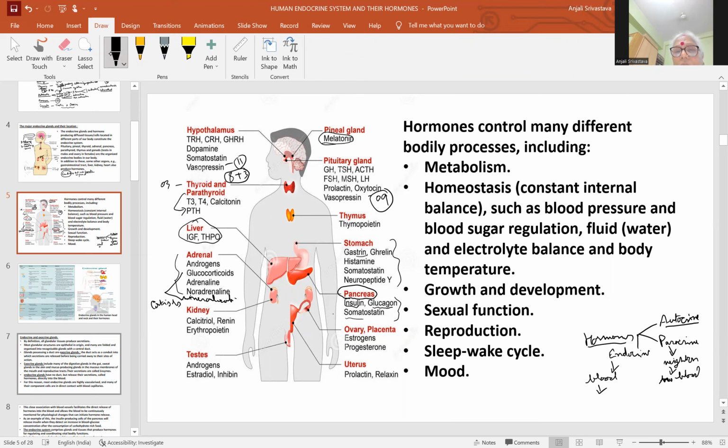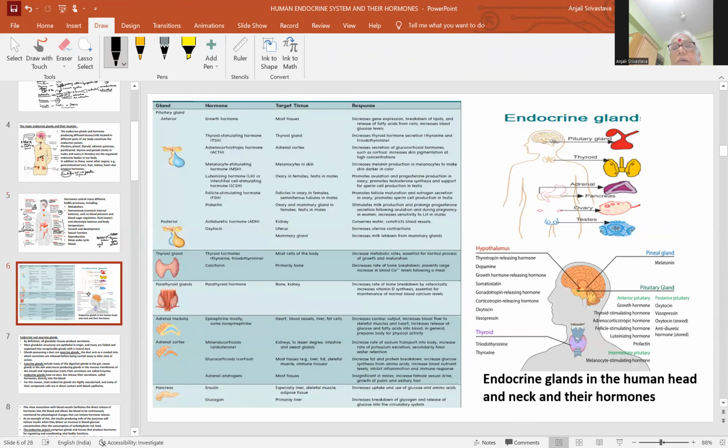And somatostatin, it controls the homeostatic conditions of the body. Then is the kidney that secretes these three hormones, the renin, calcitriol, and erythropoietin, जो RBC के production में help करता है. Then ovary and placenta, they together secrete estrogen and progesterone, and testis, androgen and estradiol or epinephrine, and uterus, prolactin and relaxin. So these are the main hormones and the hormonal system or endocrinal system of the human